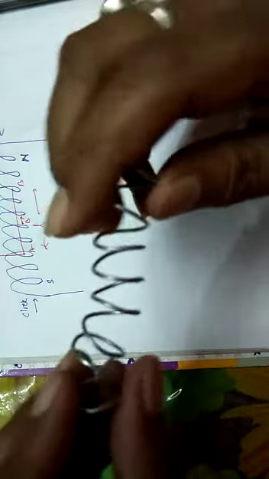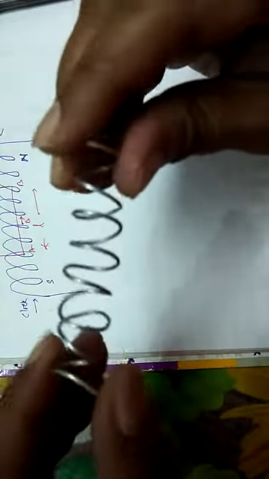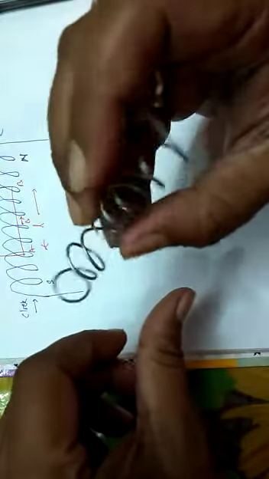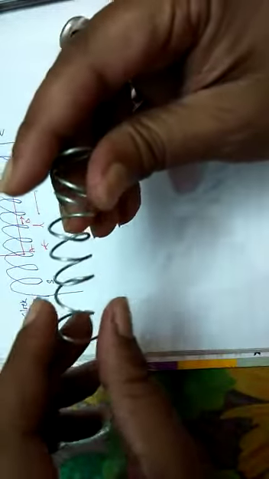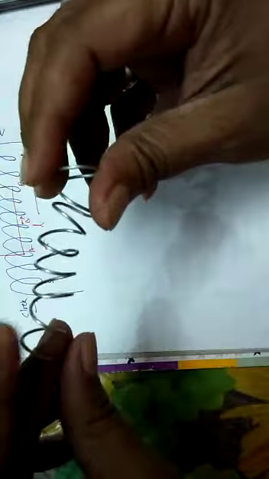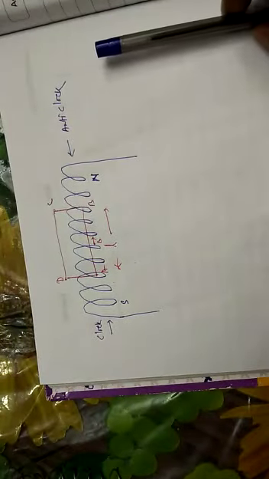This is made up of a conducting wire, and this should be insulated and wound closely. They form a cylindrical shape. This looks like a cylinder, and this structure is called a helical structure. You can call it a spring-like structure, no problem. And today we will find the magnetic field inside the solenoid, and to find it, we will use Ampere's circuital law.